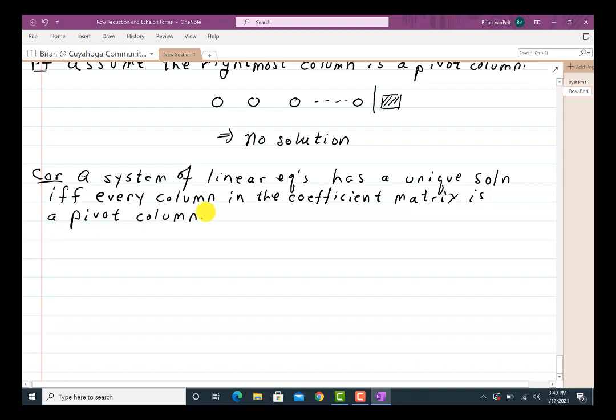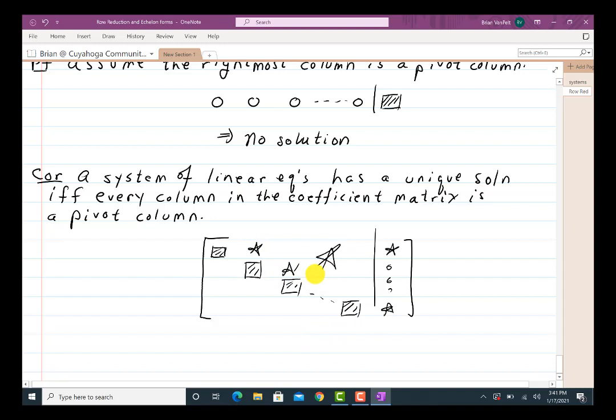So when you think about this, if every column is a pivot column, that means we had to end up with something like this. Or better yet, it might be this. The next column I'd have to have a pivot. The next column I'd have to have a pivot. Every column in the coefficient matrix is a pivot column. And then along the end here, I really don't care about these. I get something like this. And same up here. We'll just put a big star there to indicate I don't care what's there, but